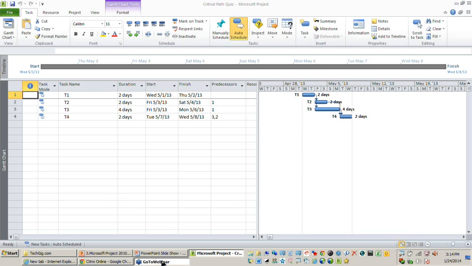I hope all of you can see my Microsoft Project. I'm using Project 2010. You can find I have around 4 tasks, T1 to T4, with some duration estimates. These dates have been automatically calculated, and I have some dependencies. Before we talk about the critical path in this project plan, I need to brief you on the assumptions I have made in this plan.